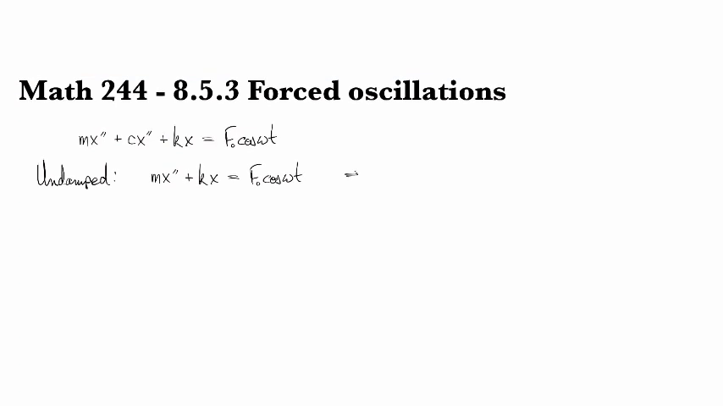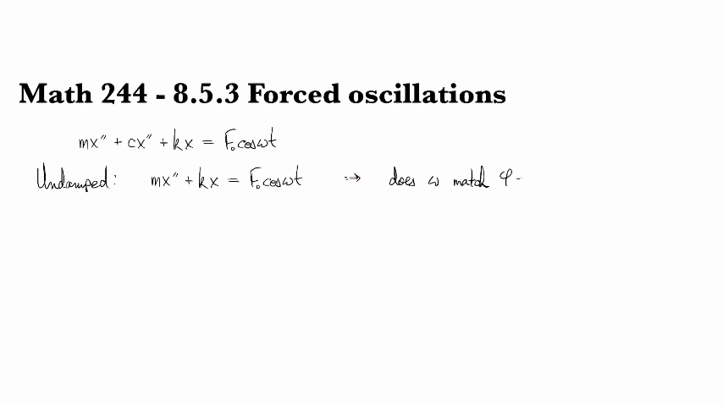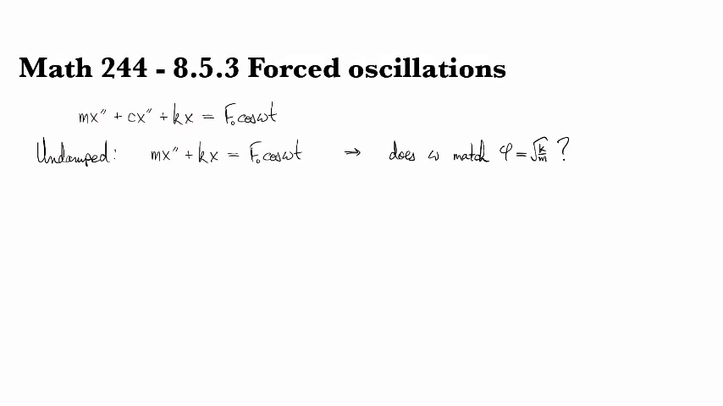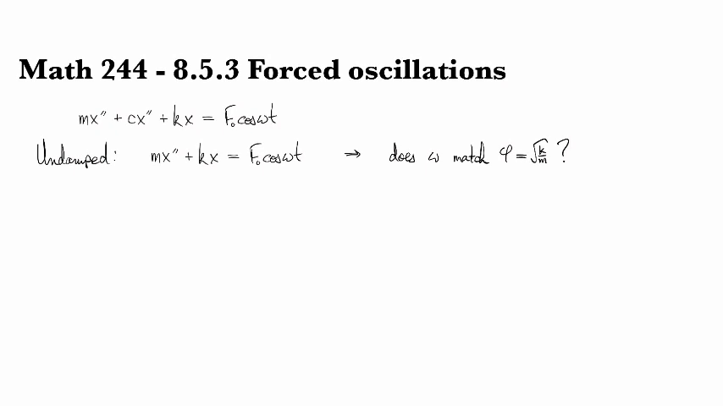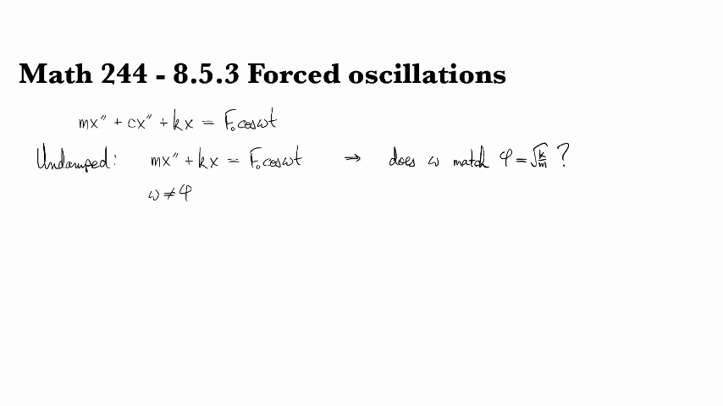Then it works out that it's all about looking at does omega match phi, your intrinsic frequency. So again, this is square root of k over m. Okay, so that really determines what's going on. So if we have that omega is not equal to the intrinsic frequency, right? So here, phi is how the system wants to bounce around by itself, and omega is what you're doing to